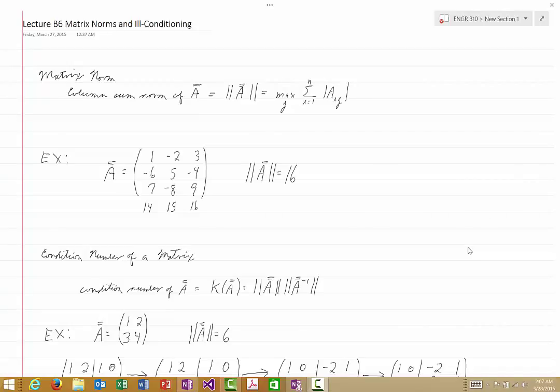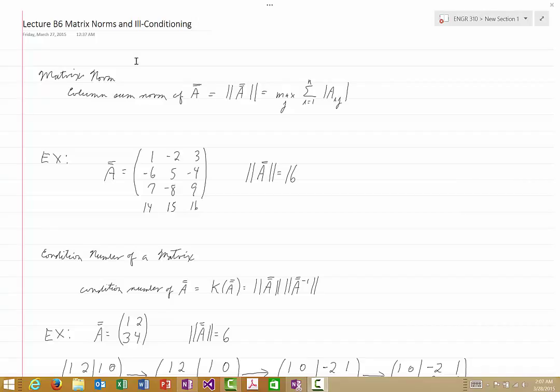Welcome to lecture B6. In this lecture, we're going to talk about the idea of a matrix norm. We'll also talk about the idea of a condition number for a matrix, and then finally we'll talk about the idea of ill-conditioning. Now there are a number of different matrix norms one could discuss or use in a problem, but for this